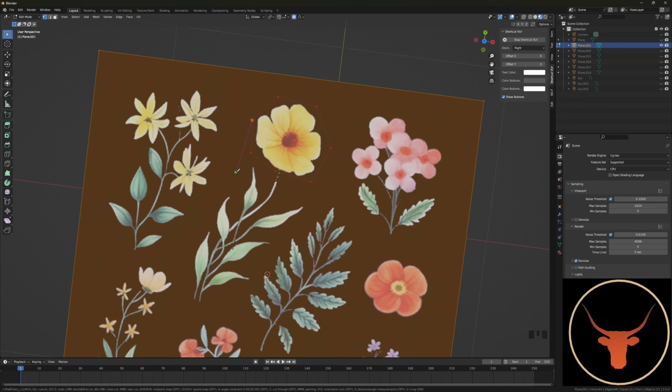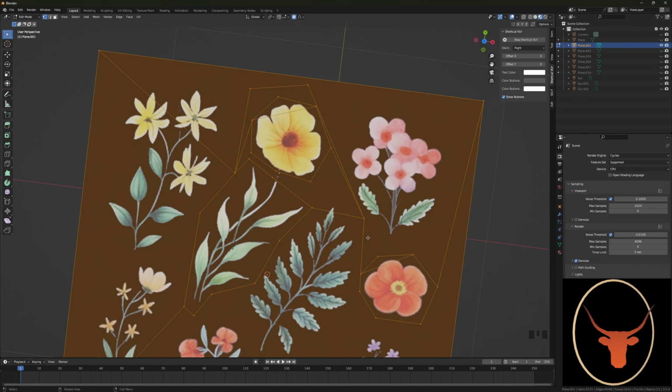And with one stroke, just to make sure that I'm cutting the right one, I'm cutting around this one too. It doesn't really matter. I go through here and I cut out this red flower also, to make sure that we don't have any lines going through there. I press enter,